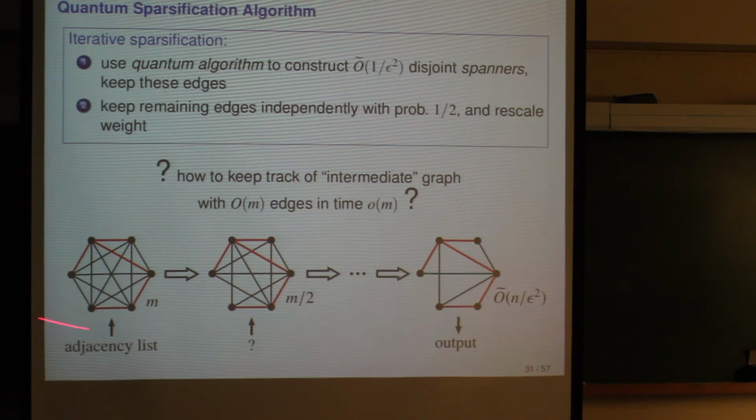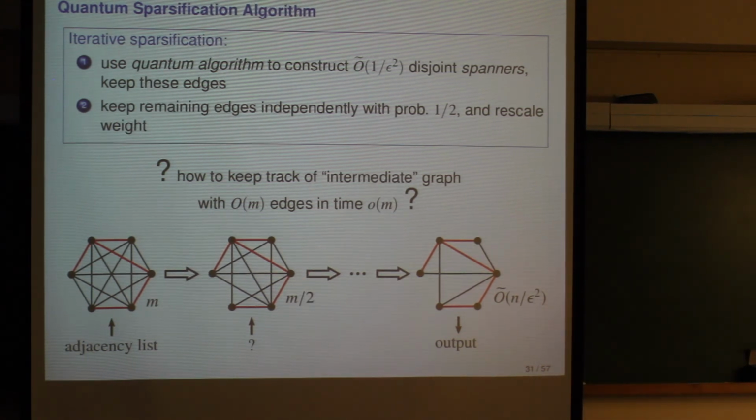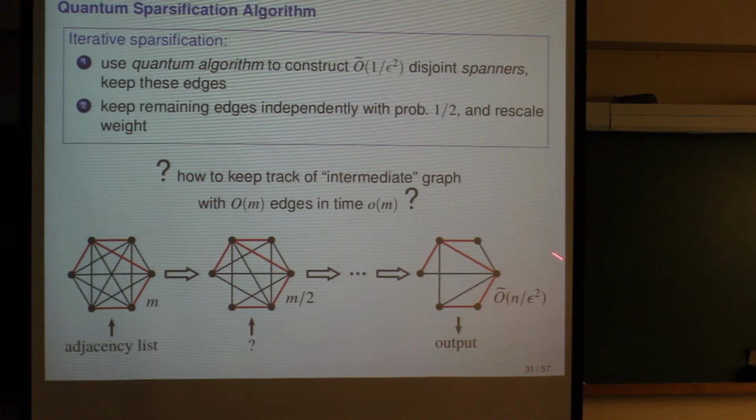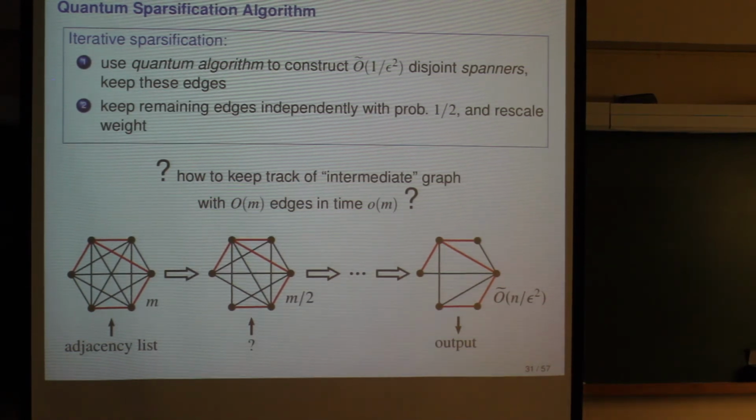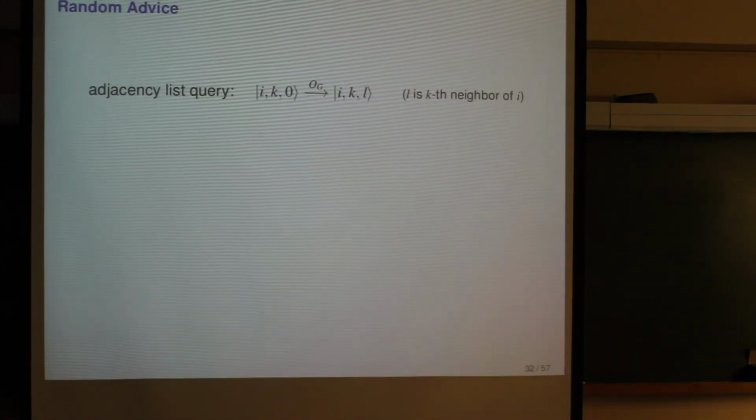Right, so this is a picture of the algorithm pretty much. You start with an adjacency list that you have access to, and you have sparsified the graph. But this one you cannot even write down fully. Then you will continue and end up with a very sparse graph that you can explicitly describe. But you're working with these intermediate graphs that you cannot fully describe. So this was a problem that we had to work with, and we came up with the following approach.